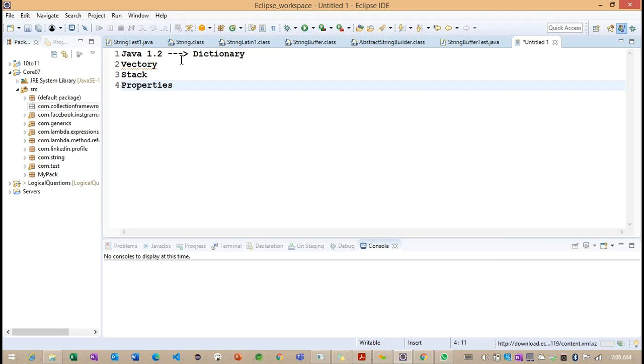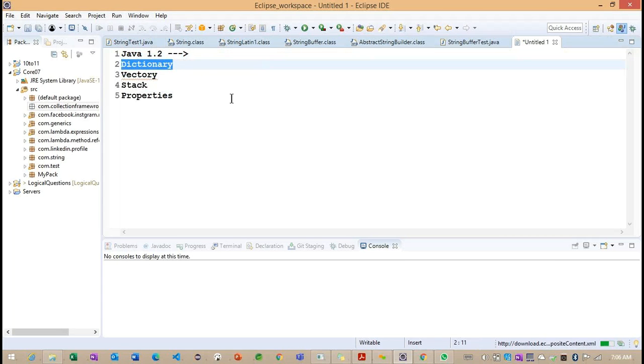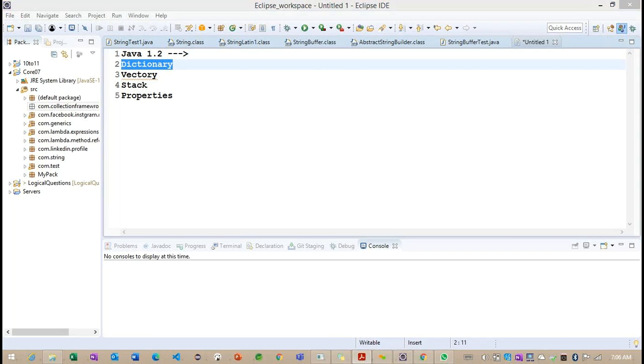These are the main classes introduced in 1.2 onwards, so don't get confused. In 1.2 onwards, these four classes were introduced: Dictionary, Vector, Stack, and Properties. Getting the point? Using these four classes, they connect with our collection framework, and they are used to work with multiple objects.